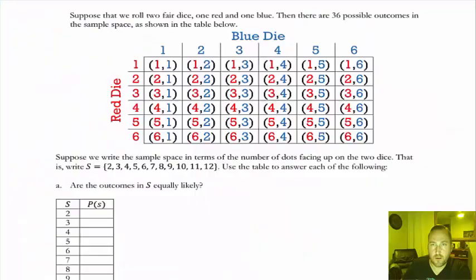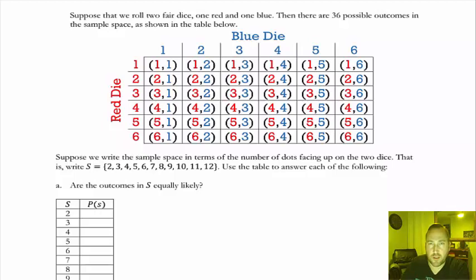Section 3.1 on terminology. This is example number 2 in this section. What we're going to do is look at this situation with rolling of 2 dice. One of the things I want to point out, as we're looking at the table, is that a lot of situations, and the reason why I have the table is to point out that there's 36 different